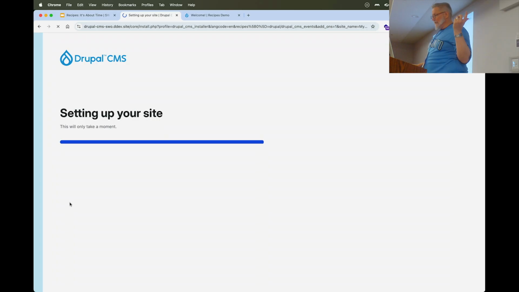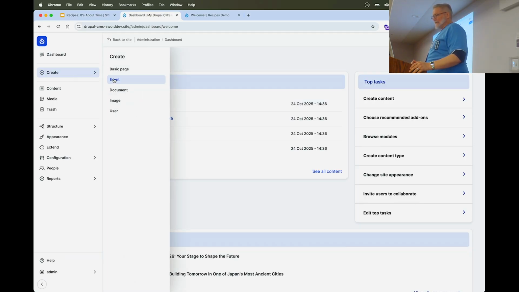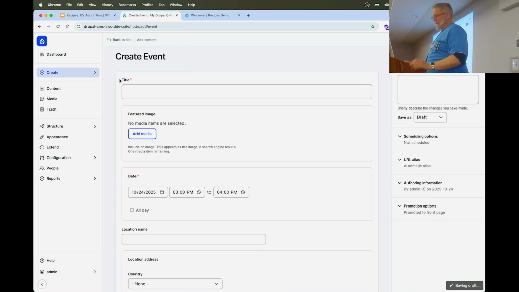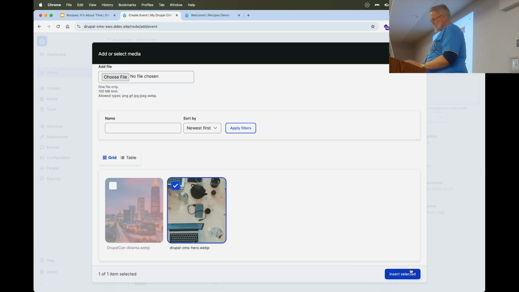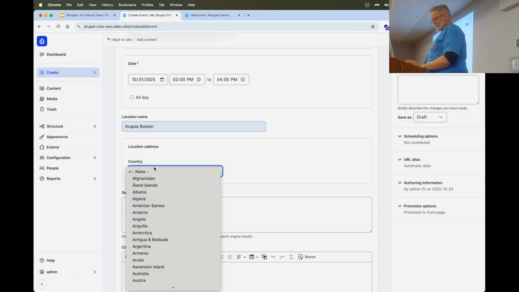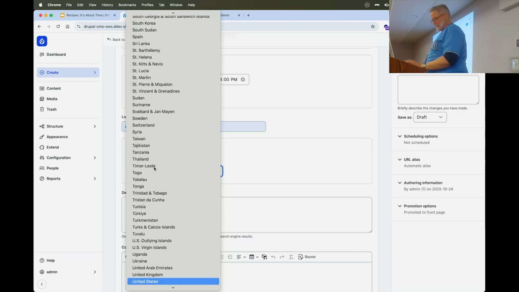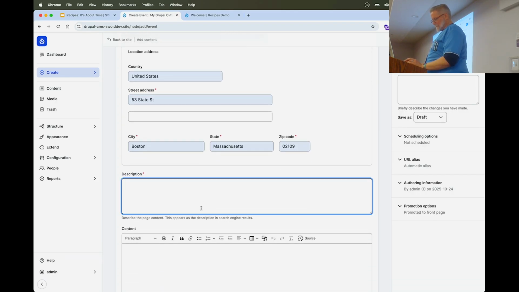All right, so we're almost done here. It's going to take us directly to a dashboard, and on there we can see some pages that have been automatically created as part of that installation. Notice here that we have the ability to go in and create an event. So we can call this a test event, we can grab something from the media library. We can set our date, so let's say we're going to have our event happen on Halloween at the Acquia Boston offices. And let's give it a description. And then if we save that,